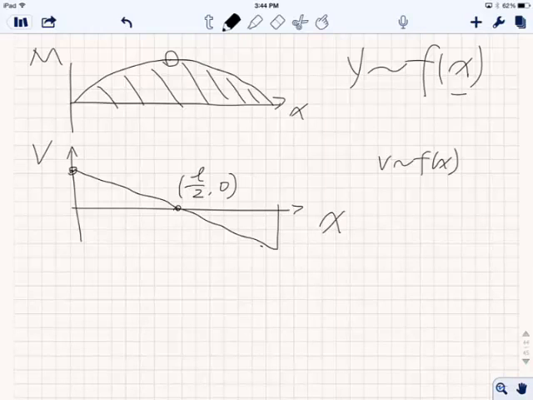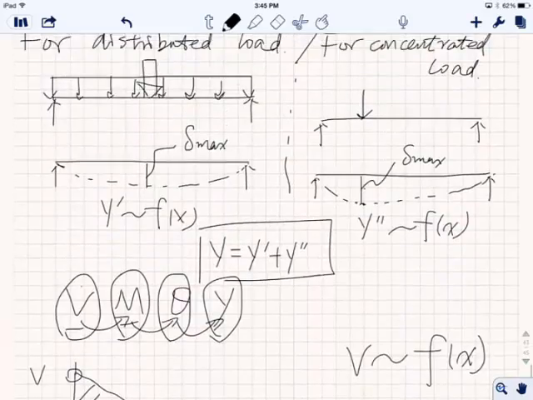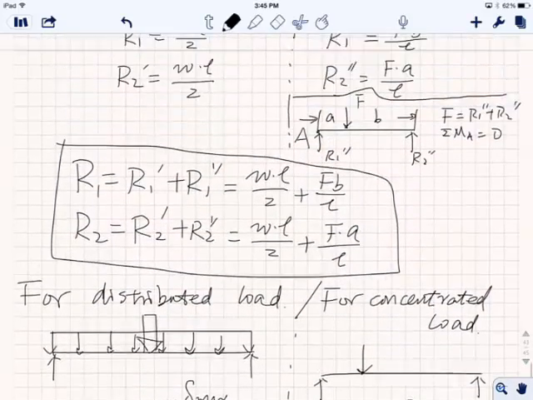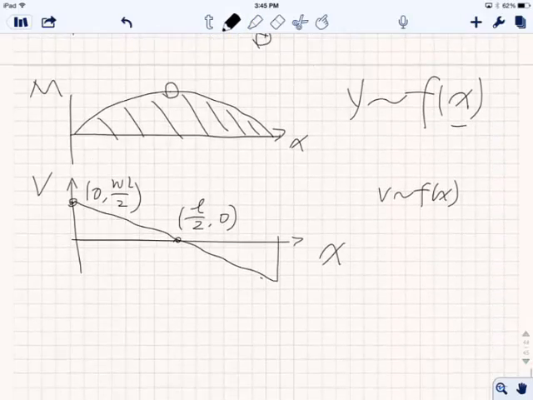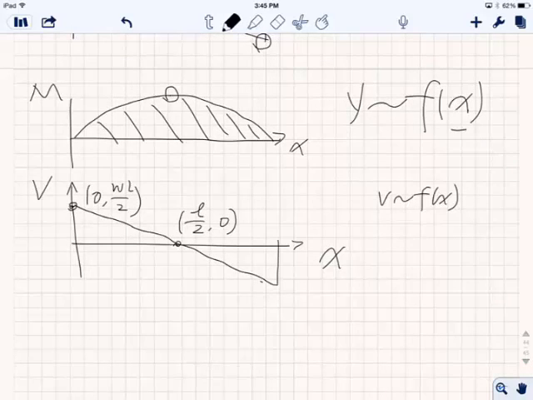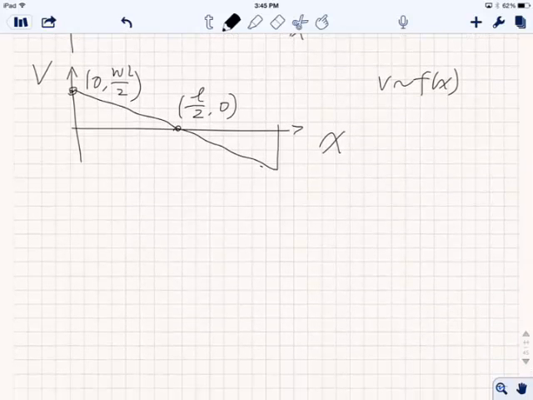Okay, I also know this point. What's the x coordinate here? 0, right? What's the y coordinate over here? WL divided by 2, right? Because remember this, WL divided by 2, that's this thing, right? So it's R1 prime. Okay, now on this line, I know these 2 points, so therefore I can derive the function of this line, right? The way we did it is, remember,